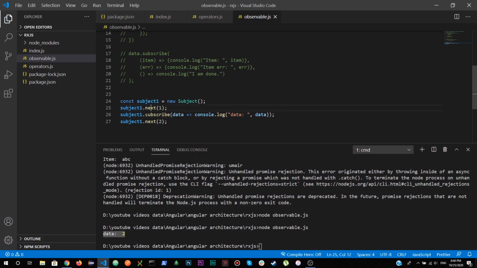So this subject one has a current value, next one, right? So it should subscribe before it can dispatch any value using the next keyword. So the next keyword before this subscription won't work if we are using only subject.